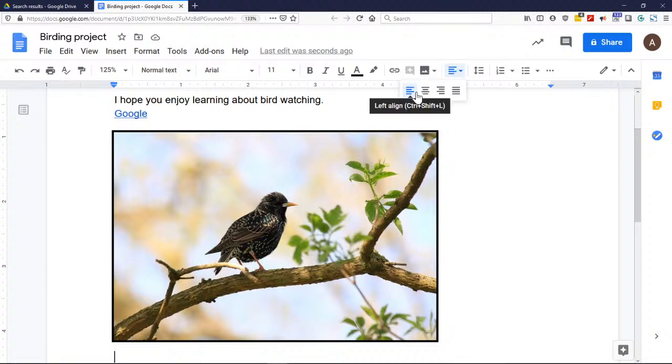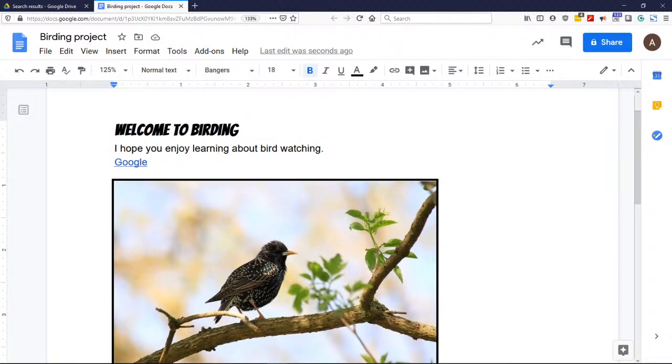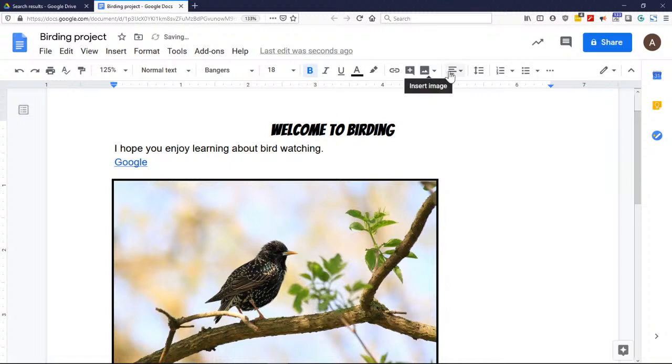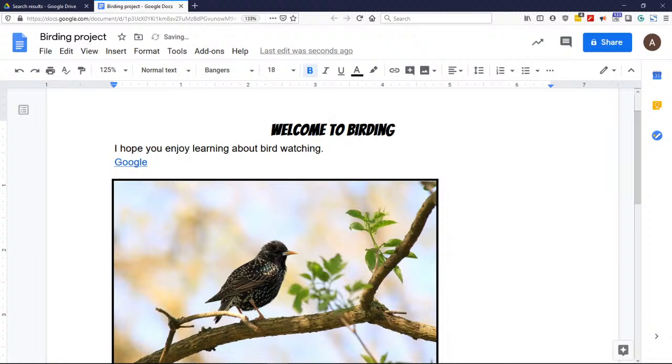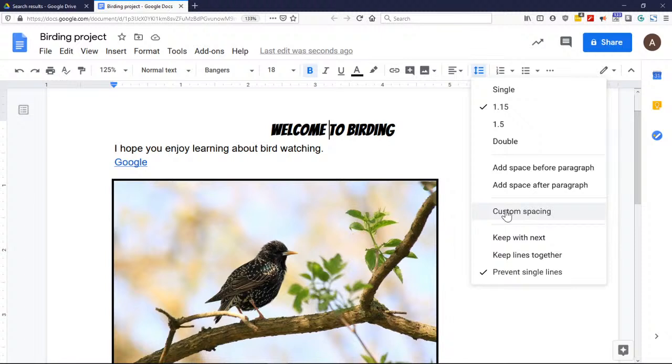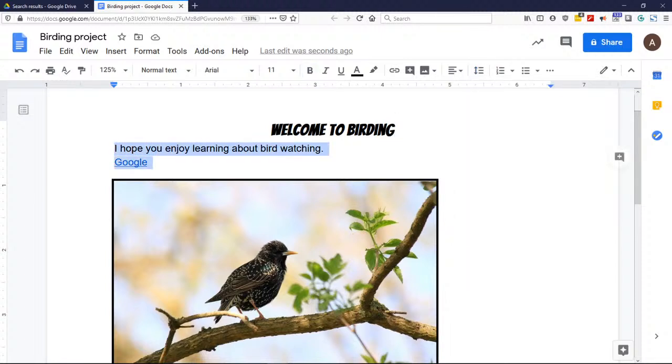Now we also have our alignment. So this is our heading here. I just need to be on the same line. If I go up here and click alignment, left justification is the default. If I center it, I think center should be good. And this talks about our line spacing. Custom spacing, double space, and then we also have where we talk about numbering as well, or bullet